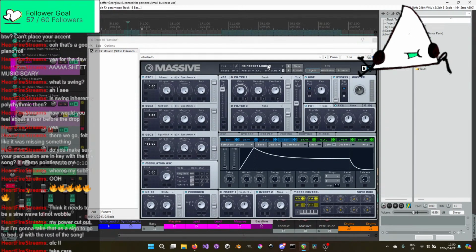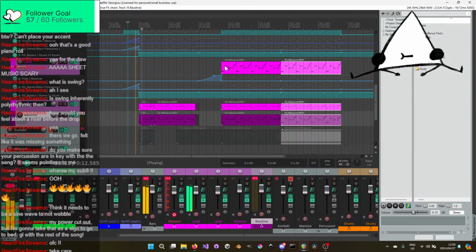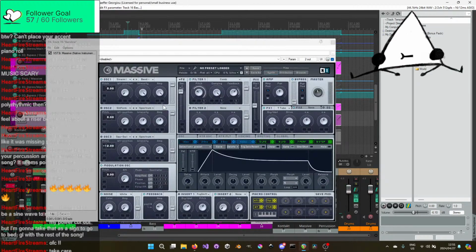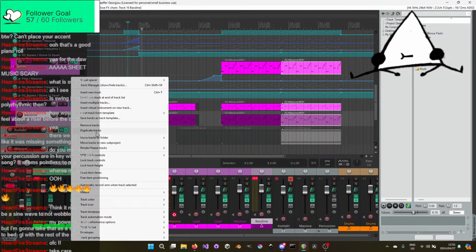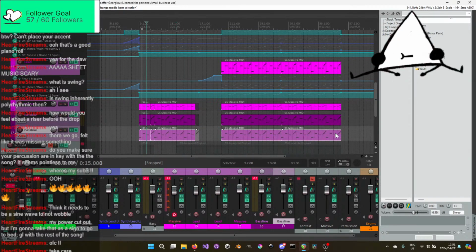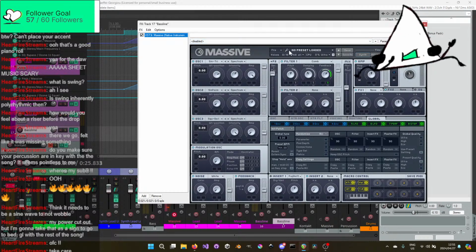I wonder how far back the... Then we will duplicate you. And then we'll delete everything in this. No, not everything, just these ones. Then we will load the effect.